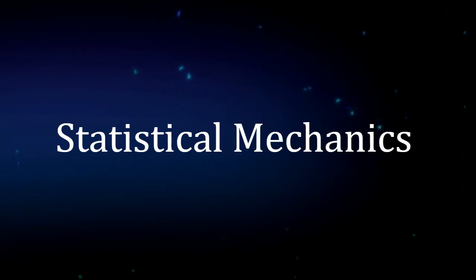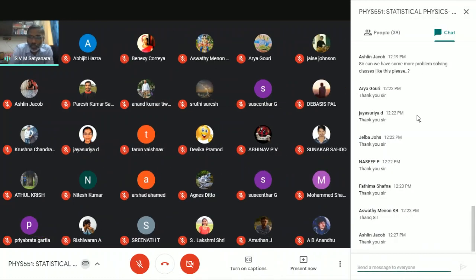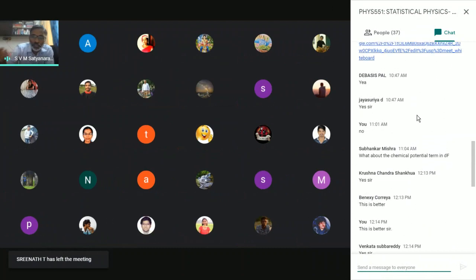Okay, I think Shubhankar Mishra asked about the chemical potential term in DF. Shubhankar Mishra, it is there. I did not write it because I was only interested in getting the entropy. Since I am going to take a derivative at constant N, I did not write it, and omitting it did not affect the result. Otherwise, it is